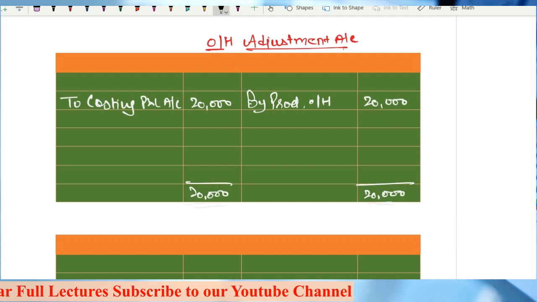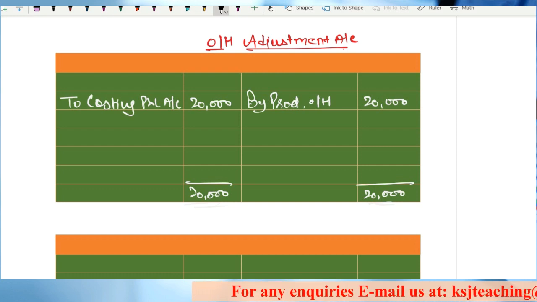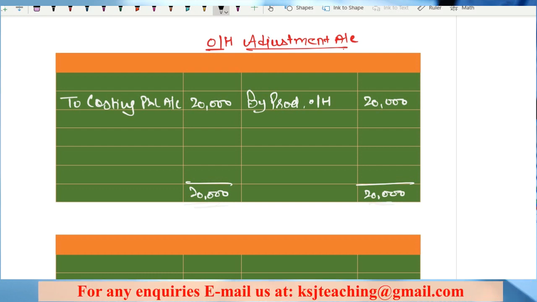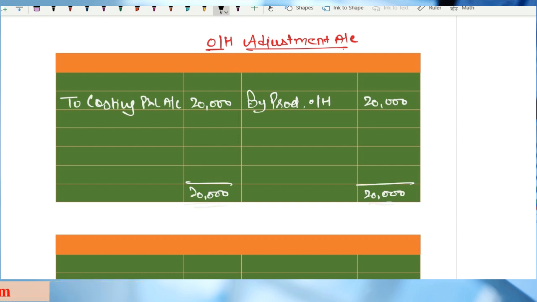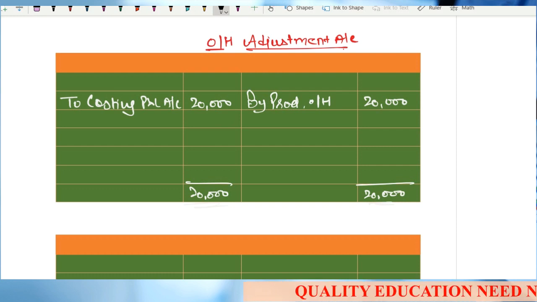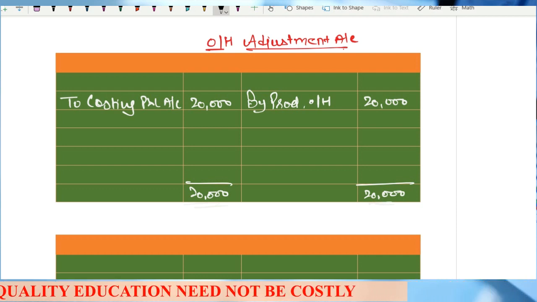I am again repeating that in a cost accounting records question, you will not be told whether the under or over absorption is due to abnormal reason, normal reason, or whatever. If the question is silent, you can either take it as abnormal and transfer it to costing P&L, or carry it forward to next year. Here we have taken it to costing P&L on the assumption that the under and over absorption is on abnormal basis.